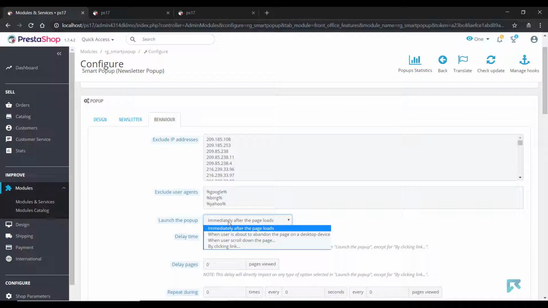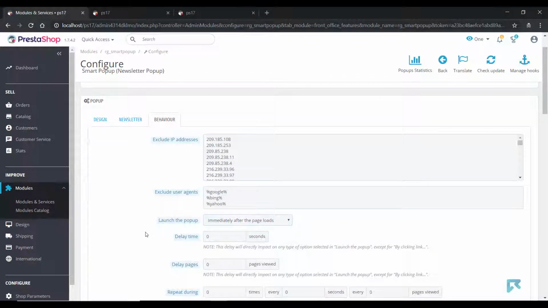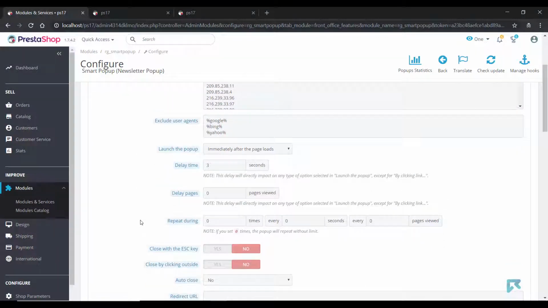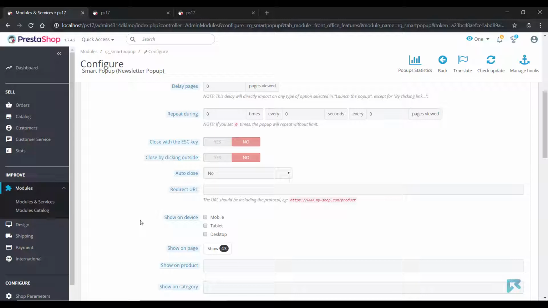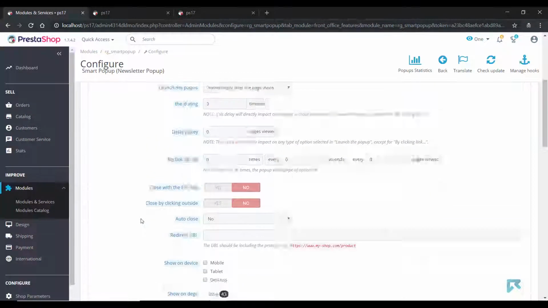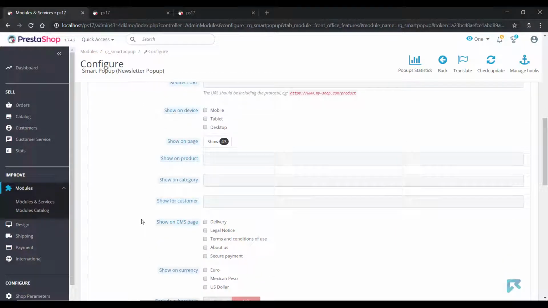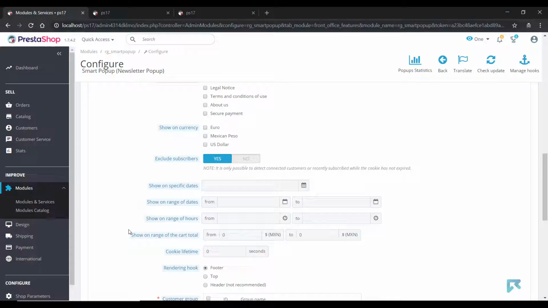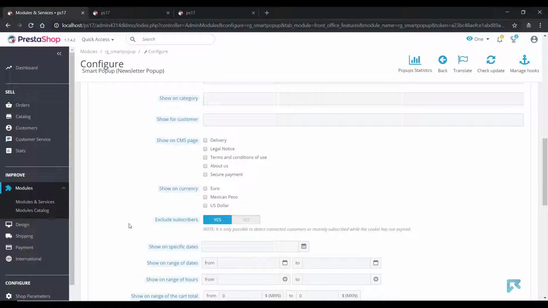For this pop-up, only a delay of 3 seconds after loading the page will be configured. You are able to exclude the users who are already signed up. Please read the documentation for further details.